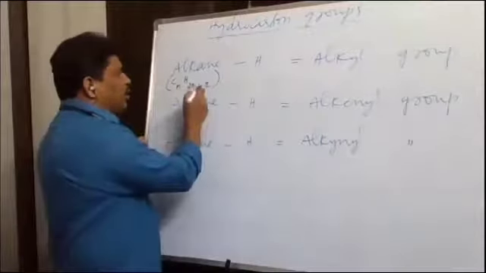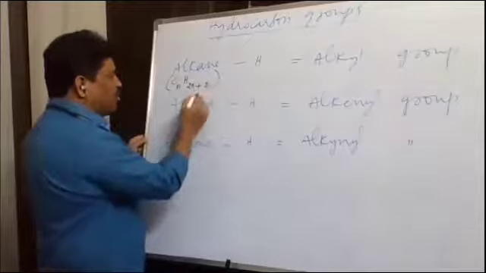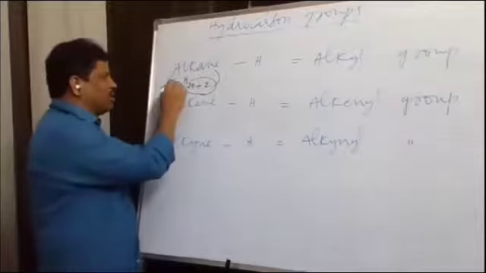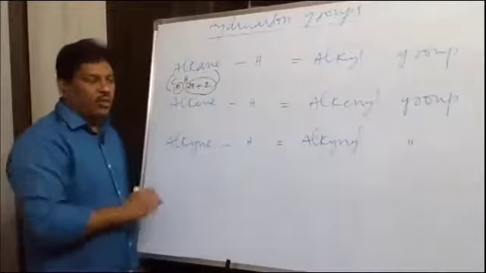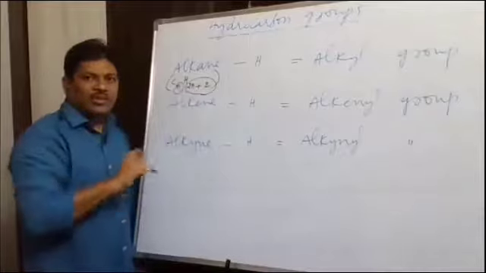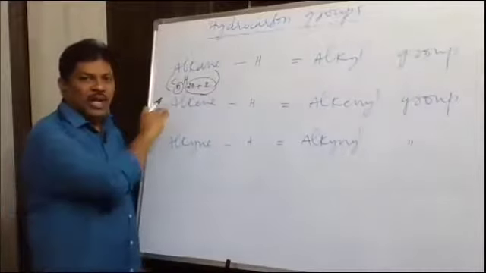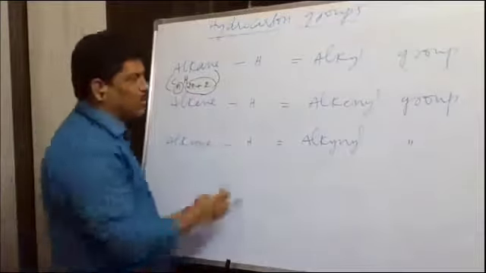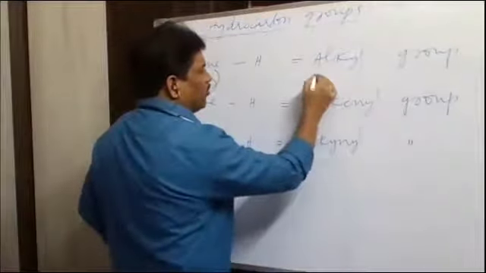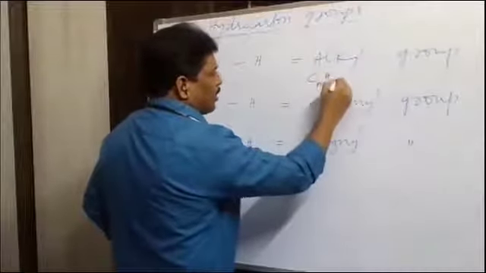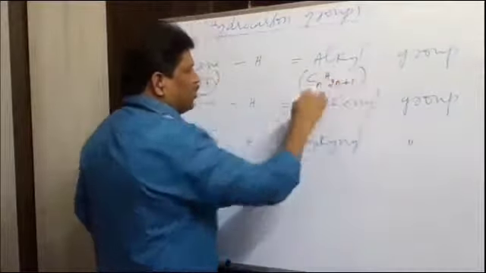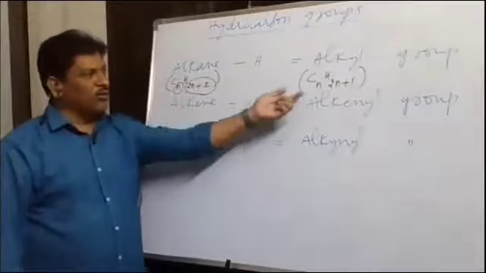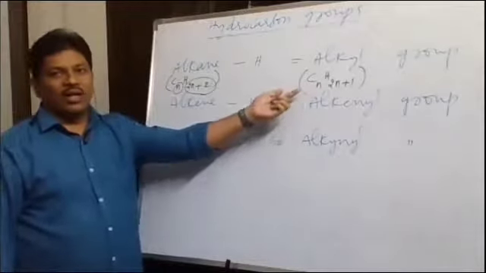When you remove a hydrogen atom from this, what is the number of hydrogen atoms here? 2n+2 is the number of hydrogens, where n is the number of carbon atoms. Now from 2n+2 hydrogen atoms, one hydrogen is removed. The carbon atoms remain the same, whereas one hydrogen is removed. Then what should the alkyl group be? The general formula is CnH2n+1. From CnH2n+2, one hydrogen atom is removed to give CnH2n+1, which is called an alkyl group.